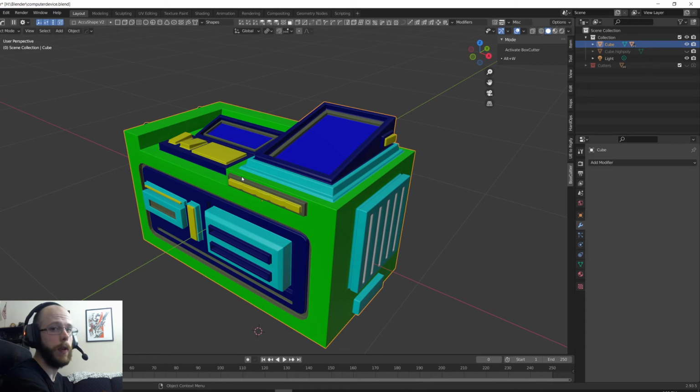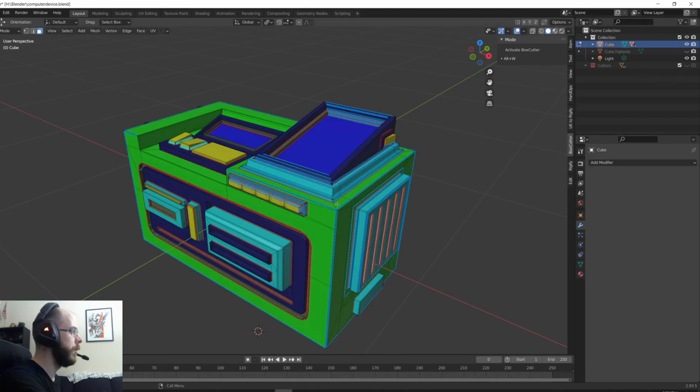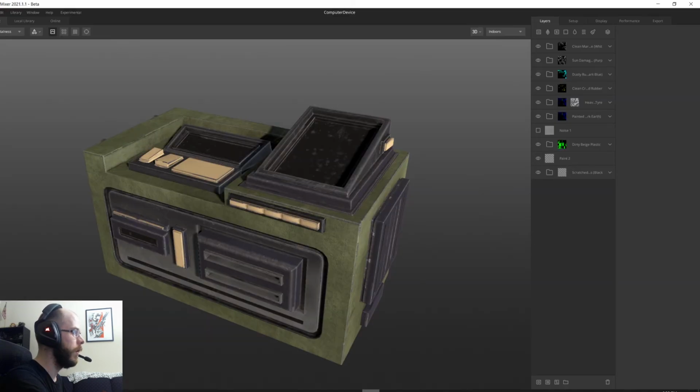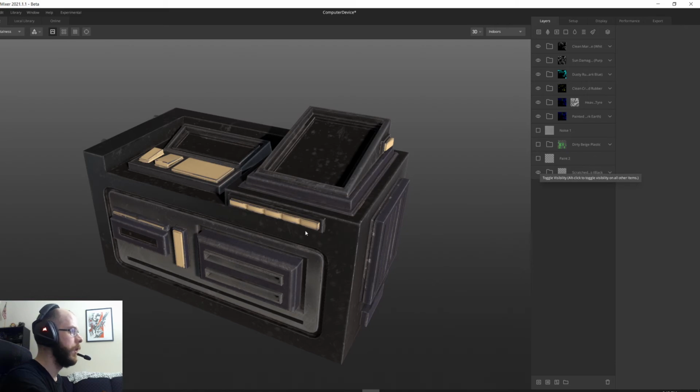Also, I apologize if I ramble or stutter. As I said, I'm doing it a little bit off the cuff. But it looks like it's a big plastic toy. That's because all of these are material ID groups for specific sections, which when I then open up in Quixel Mixer, I can then set those groups to specific materials. So I can turn off some of these, and you'll see it'll change specific parts of the model,